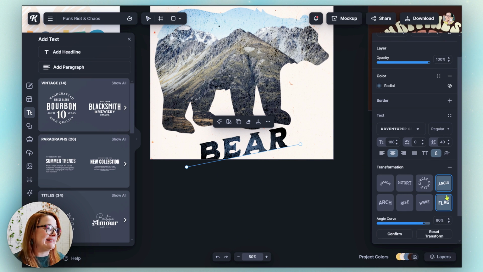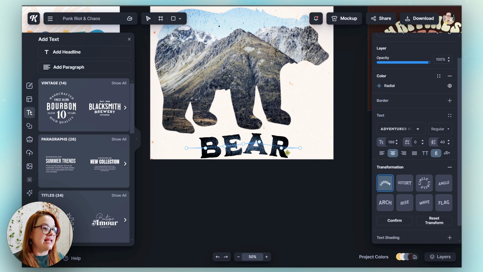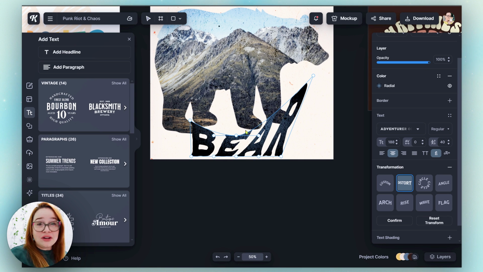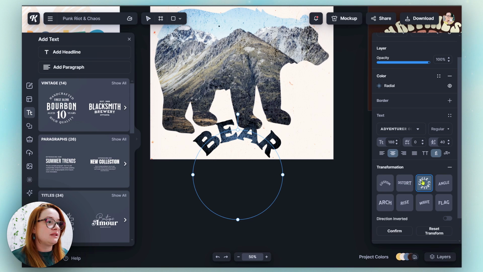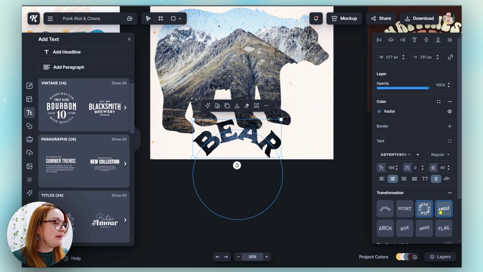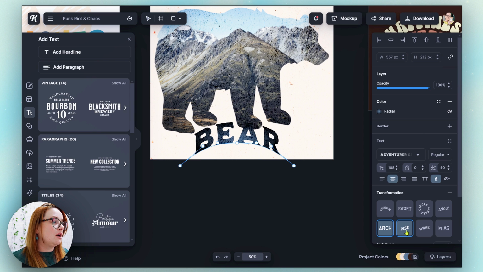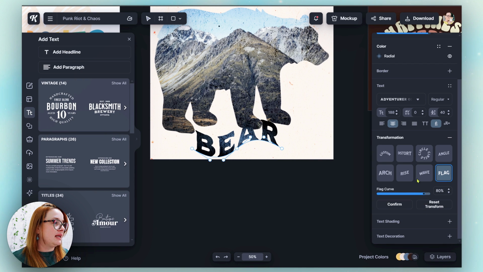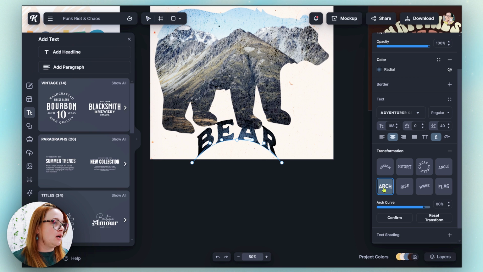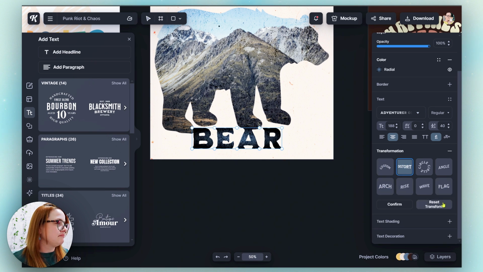So let's look at those one at a time real quick. We can transform the text in a variety of different ways. There's distort. As you can see, we can make all these different edits to our text, which is amazing. We can choose the circle text. You can invert the direction. We can do an angle, arc, rise, wave, flag. You can even adjust the flag curve like this, or you can adjust it like this with the nodes. We can reset it. We'll just set it on distort for now